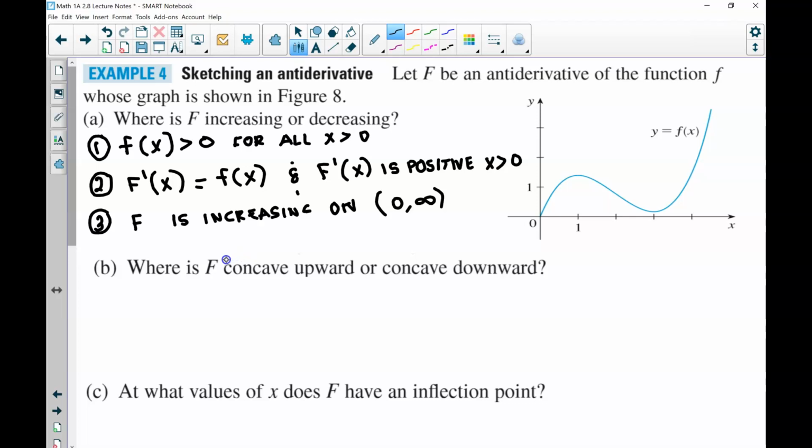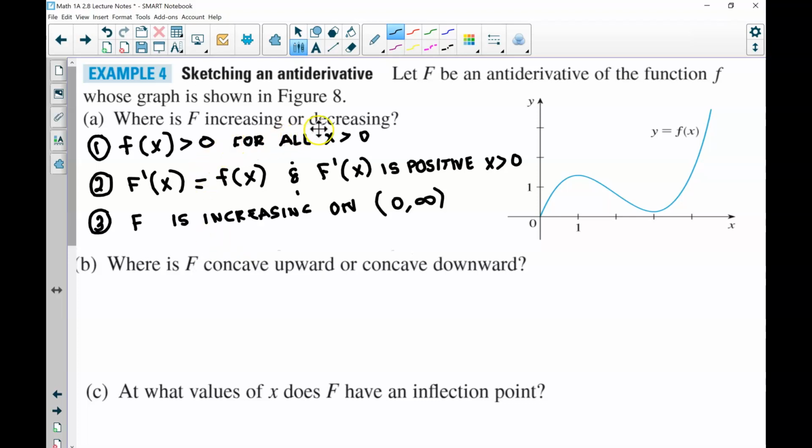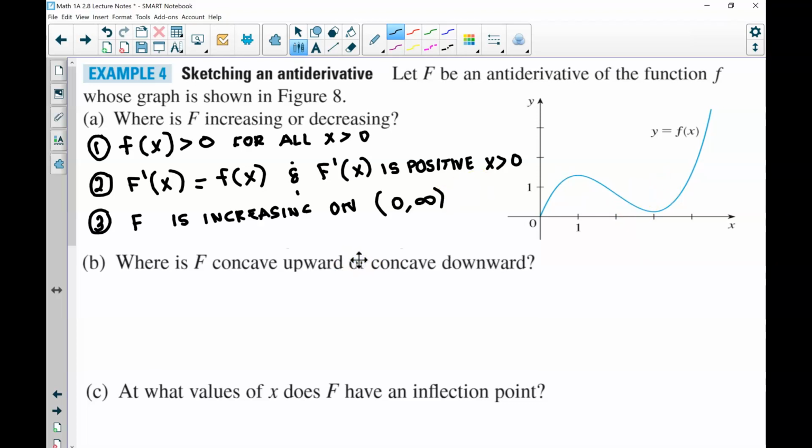Okay, so again, we've answered the question where f is increasing or decreasing. Obviously we're not decreasing in here because again, it's above the x-axis. Now for part B, the question is, where is f concave upward or concave downward? So f is concave upward when the second derivative is greater than 0. So remember that the function f, writing down our definitions from our previous slide, is concave up